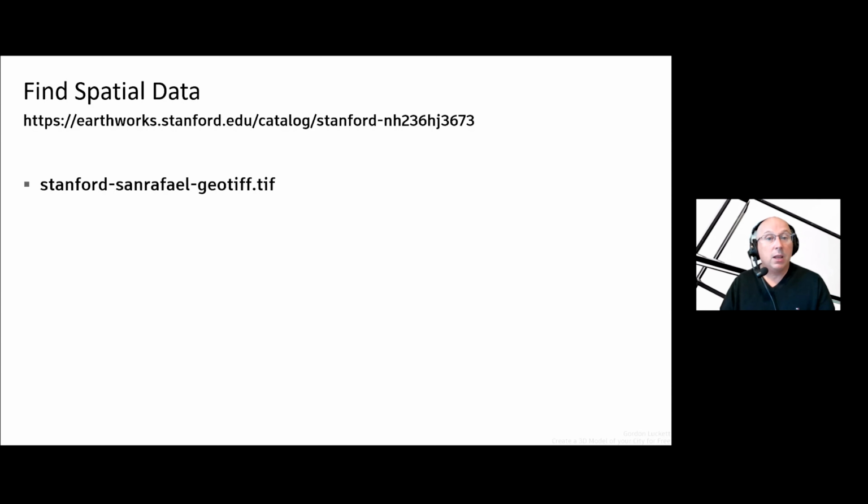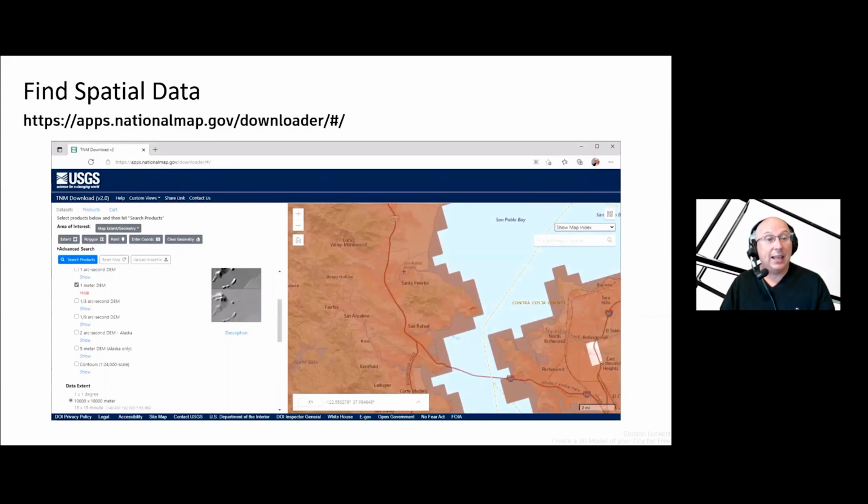Speaking of government, if I want even more data, I can even get down to the 1 meter, so 3 feet pixels. That gives me much better granularity for my 3D. And it is free. You can go to US Geological Survey and download it at apps.nationalmap.gov. I didn't use this in this particular demo because the data sets are quite large and it takes a long time to process. I wanted to show you using that 30 meter one because they're small and real quick to draw. Whereas here, you can wait quite a while, but you get really good resolution.